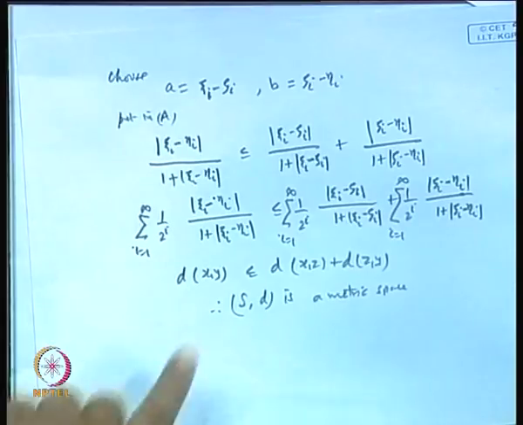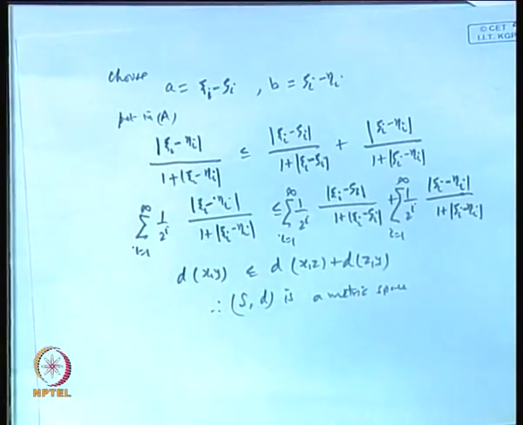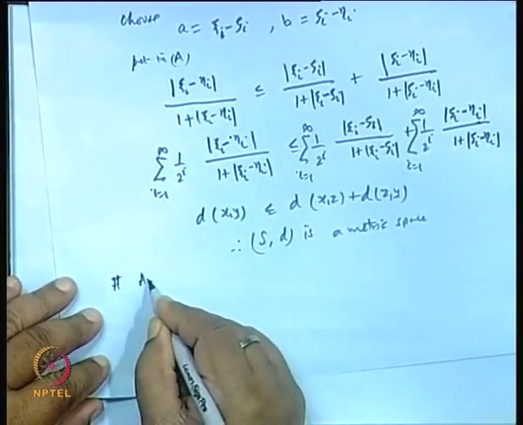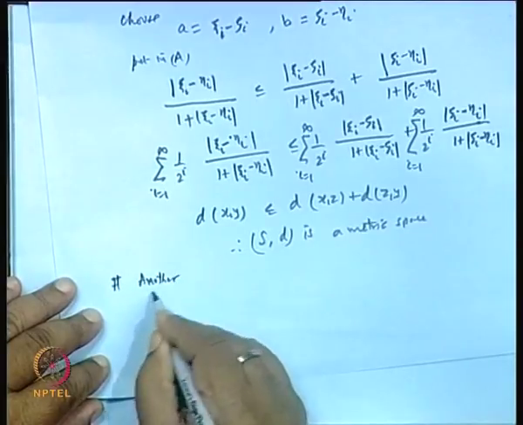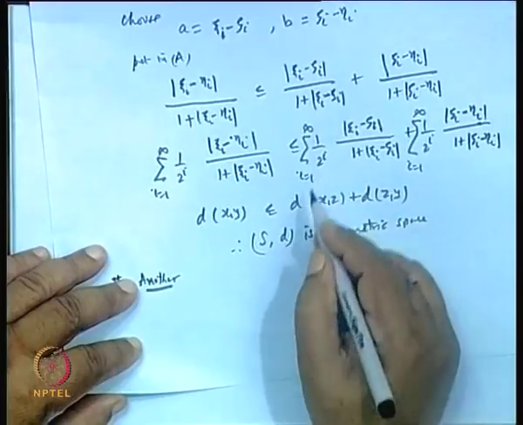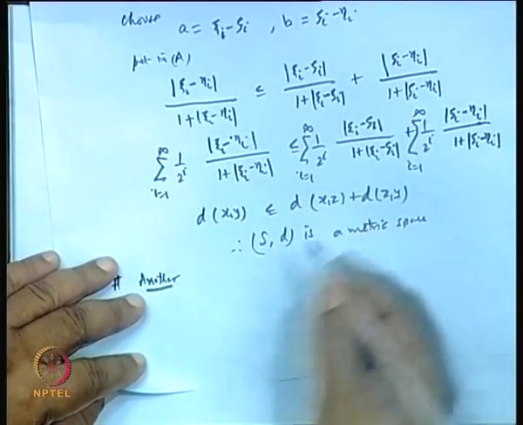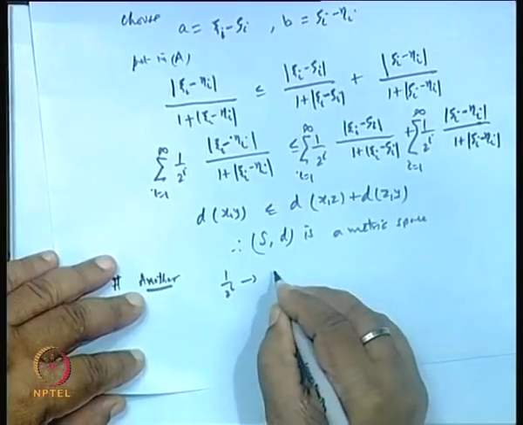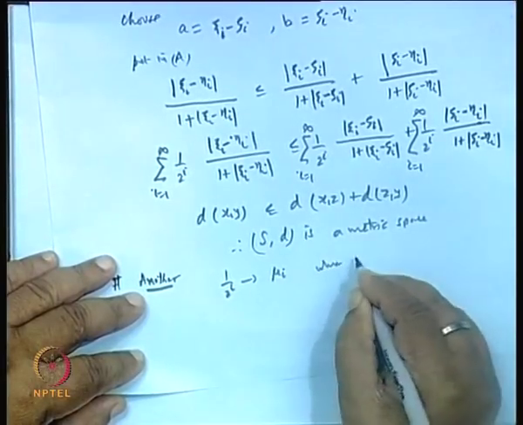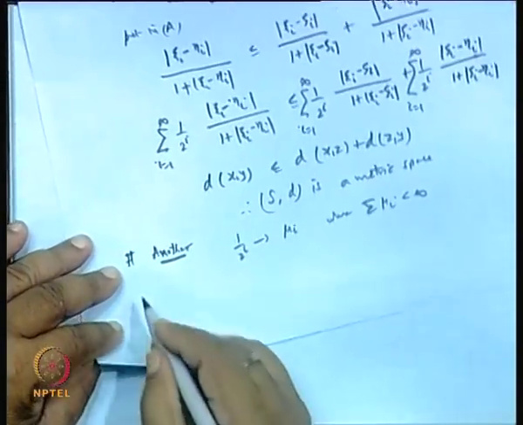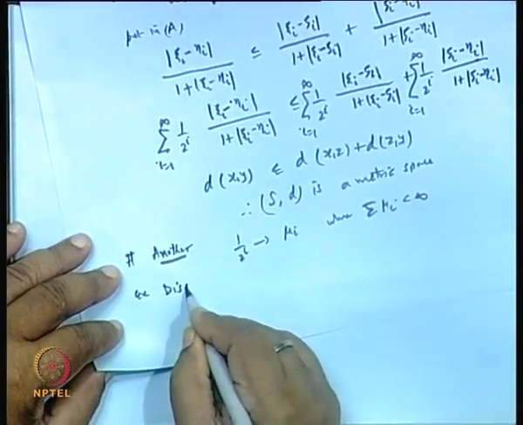Now, this is not the only metric defined on S. One can go for another metric also, and another metric is that in place of 1 by 2 to the I, we can take mu I. So, 1 upon 2 to the I can be replaced by mu I, where sigma mu I is finite, and the rest will be the same. And the last example is a discrete metric